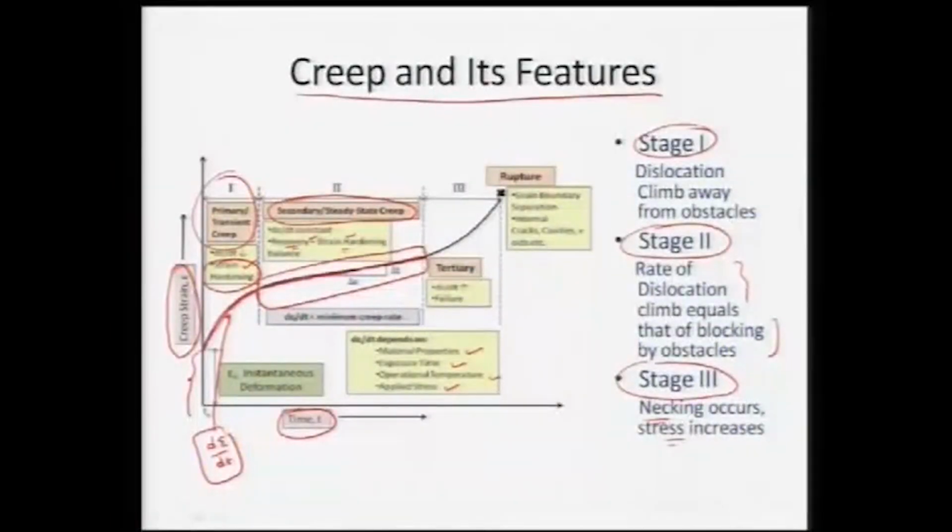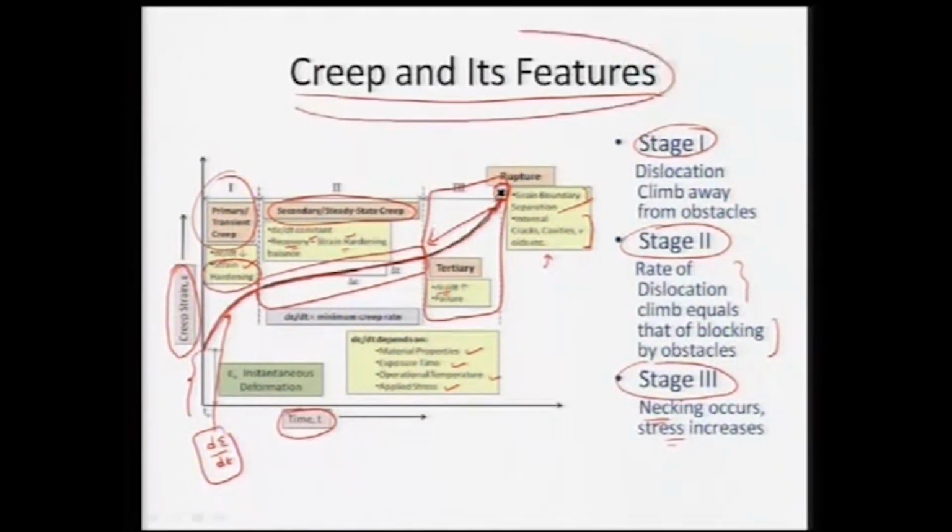In the third case, the necking starts, the stresses also increase, and grain boundary separation will occur. Tertiary creep is generally very rapid, and this duration is also very short. As soon as the tertiary stage starts, the damage to the material enhances very dramatically, and as we can see, the creep rate now starts increasing very dramatically and leads to eventual failure or rupture, and that occurs by grain boundary separation. There will be formation of internal cavities, cracks, voids and so on. So, that has damaged the material to a very large extent.